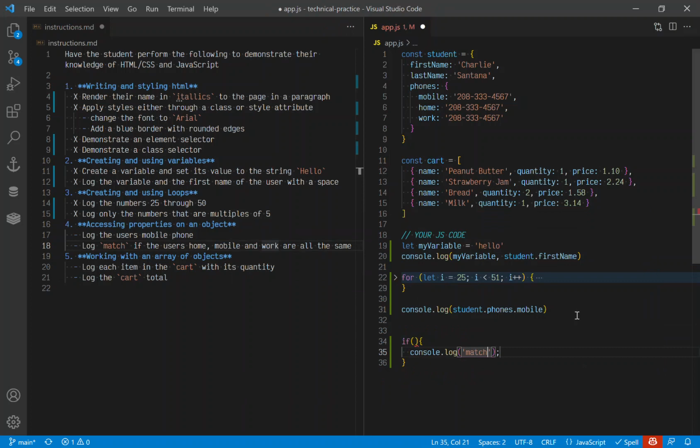And I just want the word, so I'm just going to put that string in there. Without the quotes, it looks for the variable match. Make sure you keep those quotes on anything you want to just be a word. So we want to say, does the user's phone, the mobile phone, and the work phone match? Let's start with the easiest of just comparing two. So I'm going to say if the user's phone, well, I have to drill all the way back into that object. So I'm going to say student dot phones dot